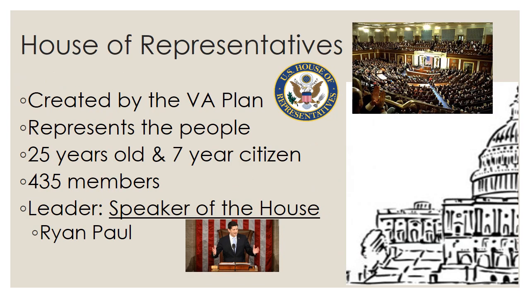So the first thing that we're going to talk about is the House of Representatives. This was created by the Virginia Plan that we talked about way back in Unit 1. These are the people who are supposed to represent the people of the state. The state's broken down into districts, and we'll talk about that a little bit more later on this week. Each of those districts has a representative that represents the people